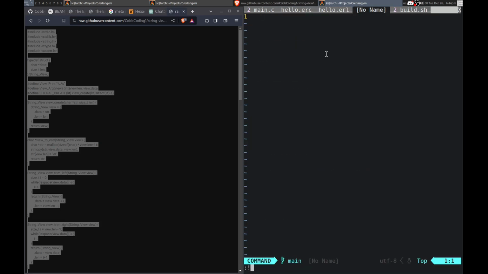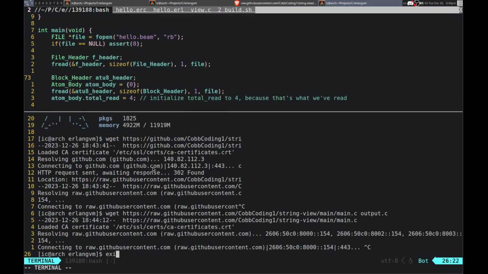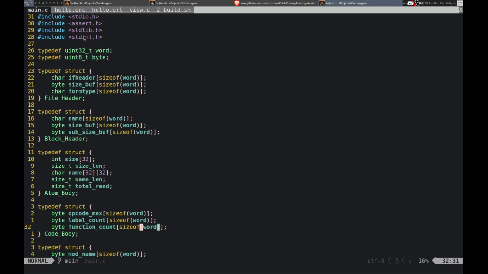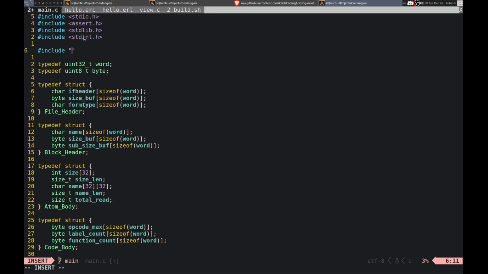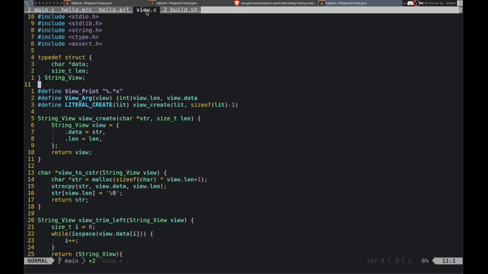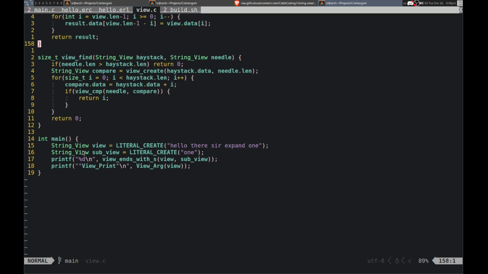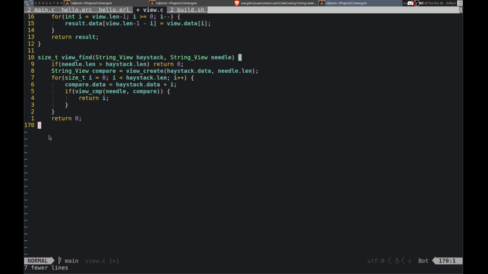Work? Okay. View.c, okay. There we go. And then I'll just import this and link with it. Can you just actually import the whole thing like that? Include view.c. Yeah, I can get rid of the main function. I forgot to make this a header-only library, so it makes it a bit harder to do.